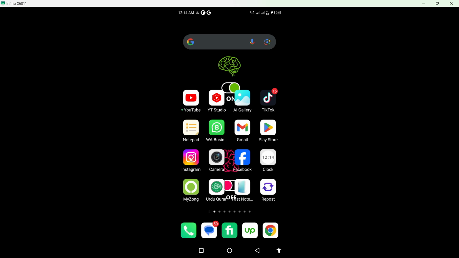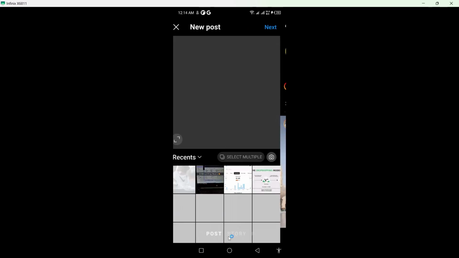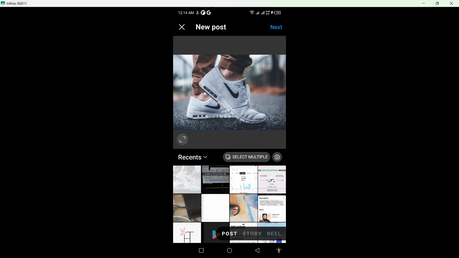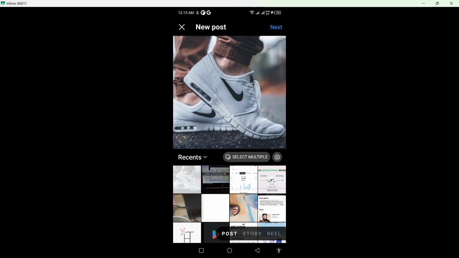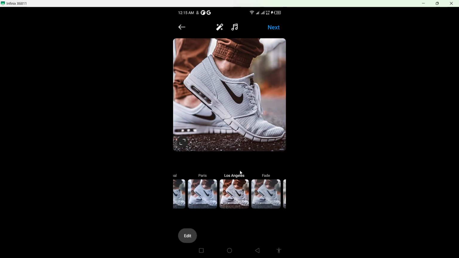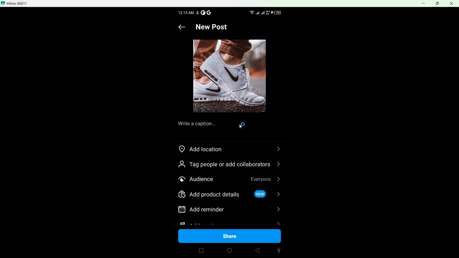So the first step you need to do is to open the Instagram application and click on the plus icon at the bottom, and here you need to select your product image. So this one looks good. Then you need to click on next. If you want, you can add a filter, so I'm going to add this one. That looks great. Click on next, and here you need to add the caption, and this option is add product